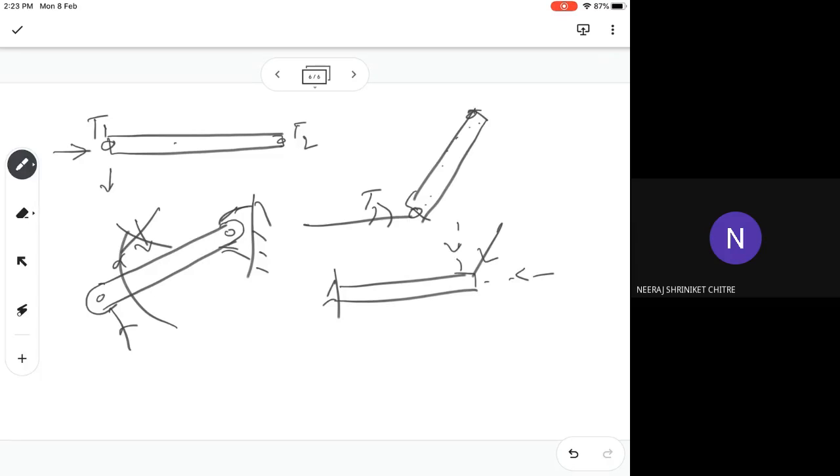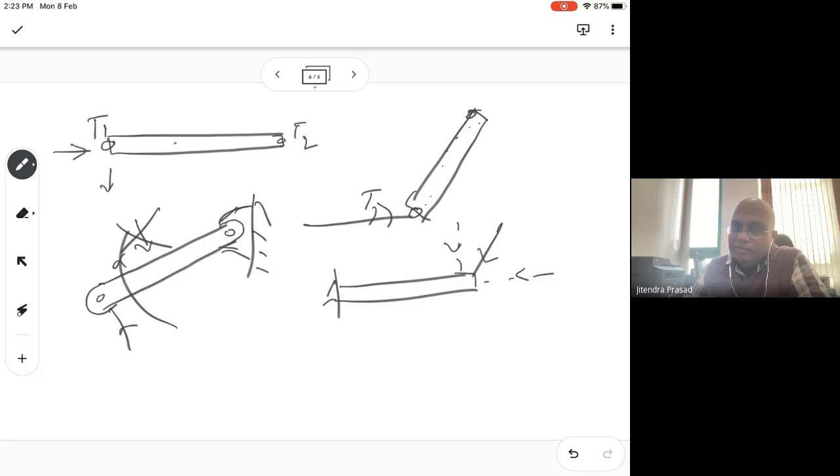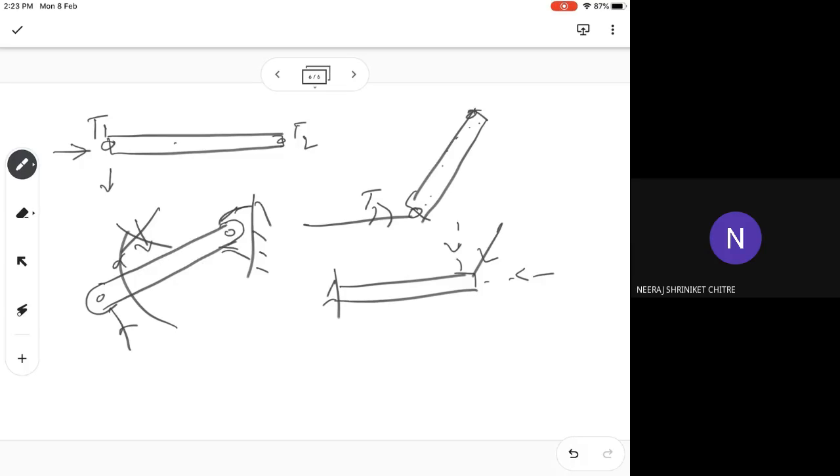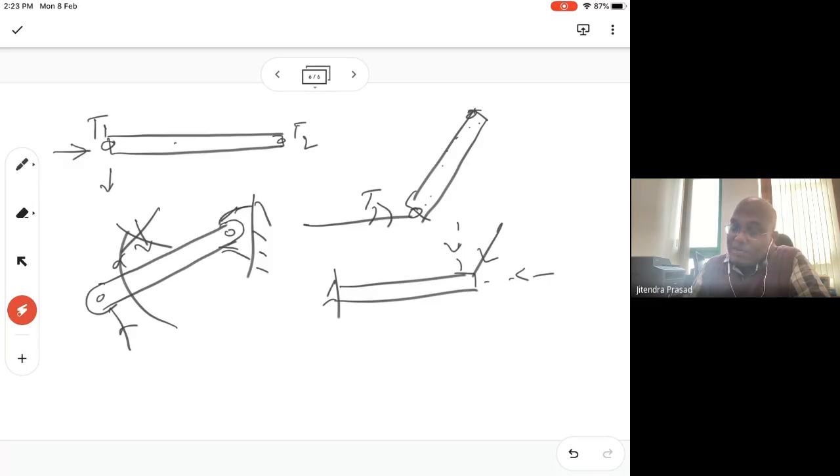Sir, with this one that you just drew, is this a 1 degree of freedom? Okay. All that will come later on. What you see here, there are 2 forces coming, and another 2 forces here. We see already this degree of freedom means how much it can move in this direction. This degree of freedom, how much it can go up and down. And there is also rotation that will come into the picture, how much it can rotate at the same point, because a beam will have rotation. This will have 3 degrees of freedom.